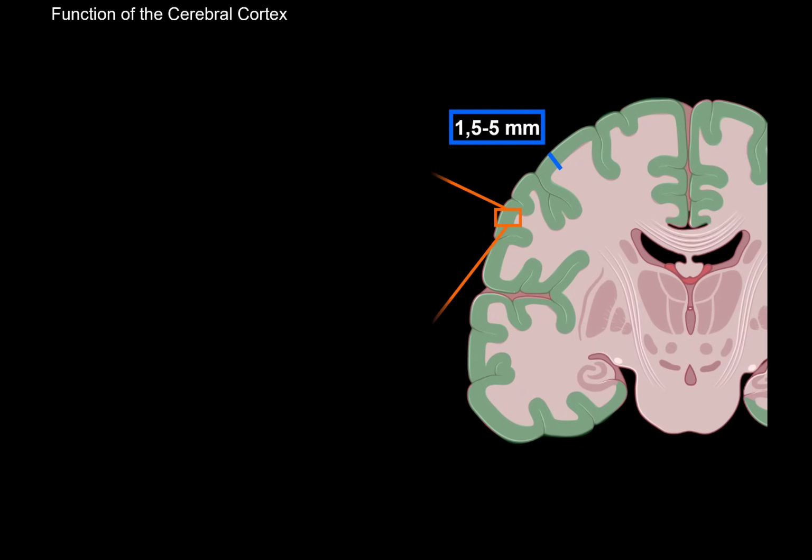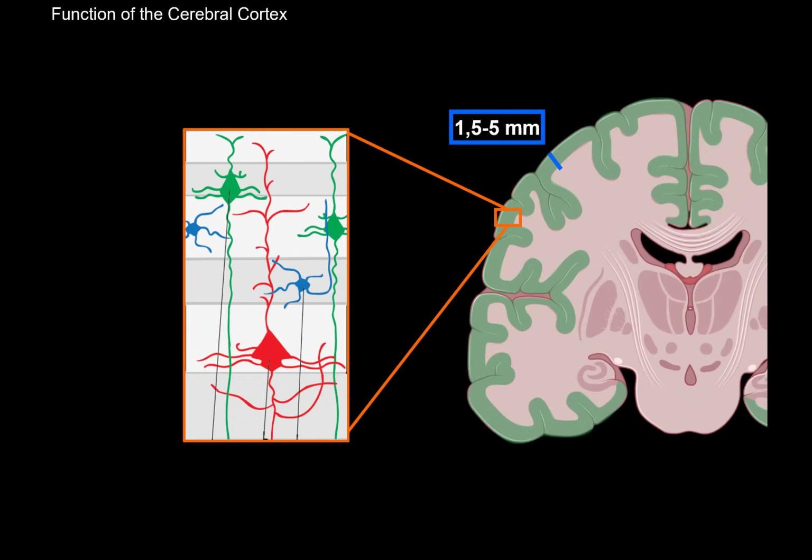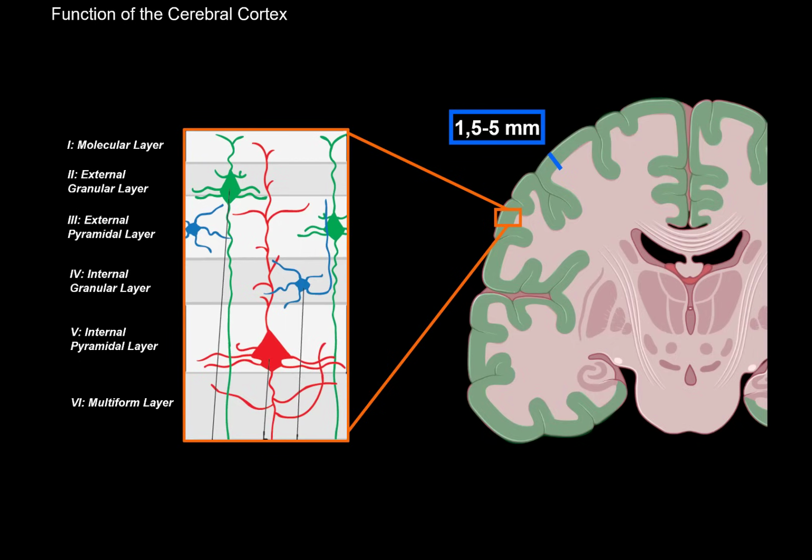So if we take a small sample of it and look at it underneath the microscope, you will see 6 distinct layers. The molecular layer being the most superficial one, then the external granular layer, external pyramidal, internal granular and internal pyramidal, and then the multiform layer. The thickness of the cortex varies because these layers differ in thickness depending on the functions of the specific area